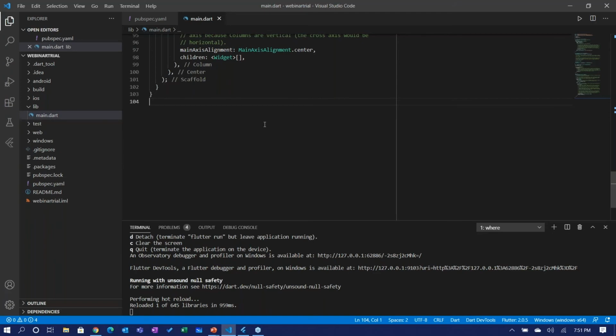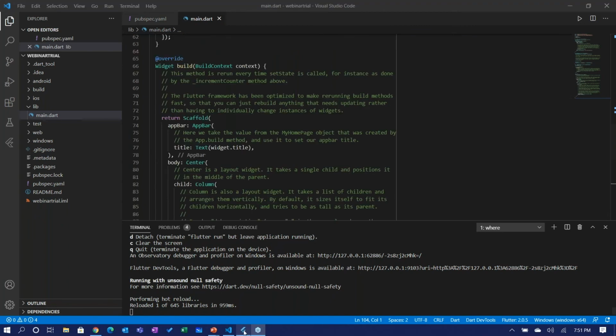The first and foremost thing that we have to do is go to pubspec.yaml and import the packages. So syncfusion_flutter_gauges, and the latest version is 19.1.58. And once you have done that, you can go to your main.dart file and import the package syncfusion_flutter_gauges.dart. So now let me add a gauge.